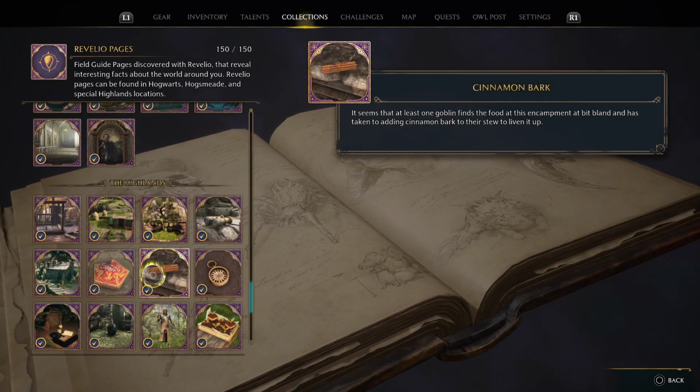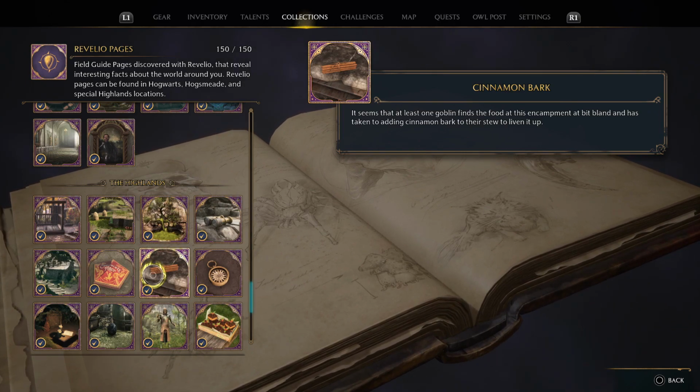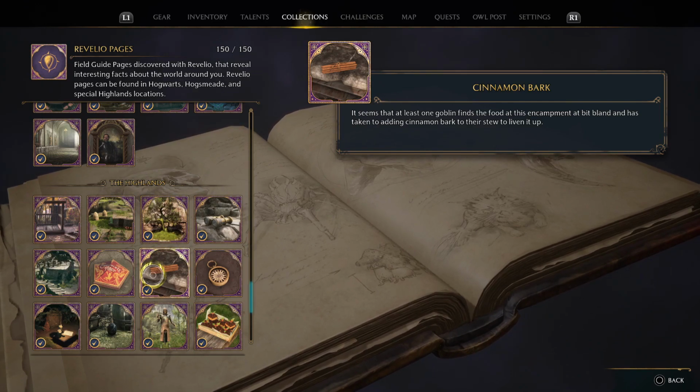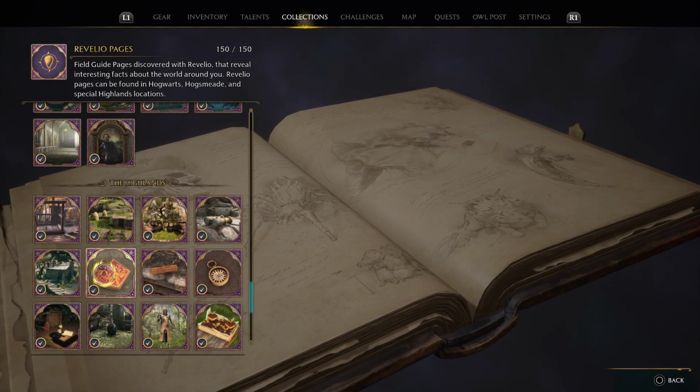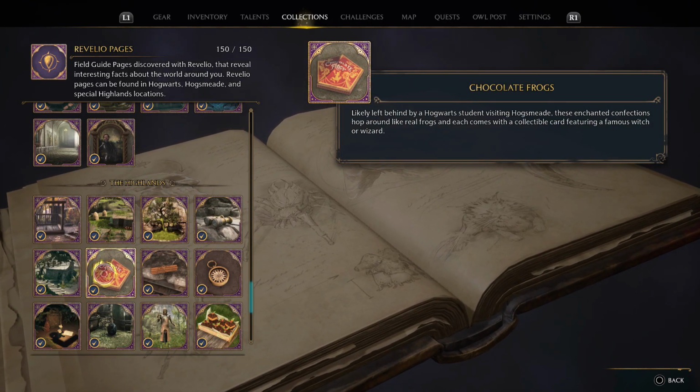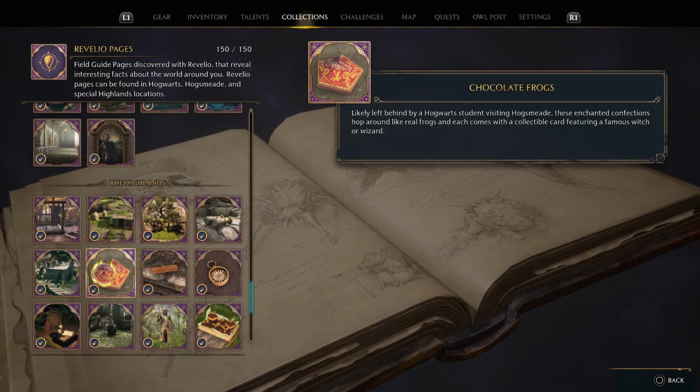Cinnamon bark. It seems that at least one goblin finds the food at this encampment a bit bland and has taken to adding cinnamon bark to their stew to liven it up. Actually, come to think of it, it would have been a fun collectible to have some cards in the game. Anyway,